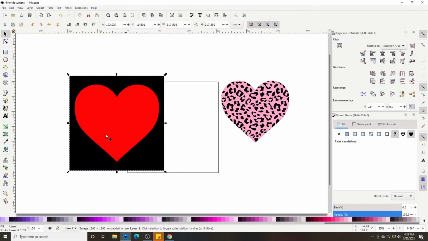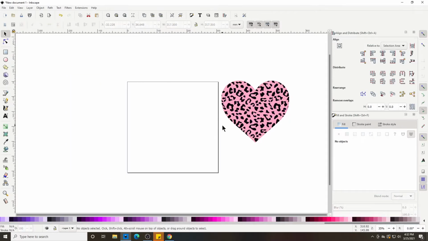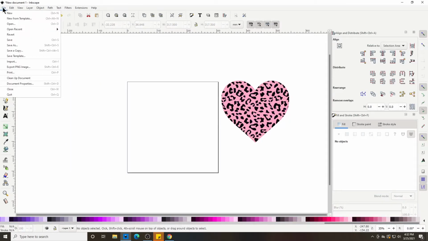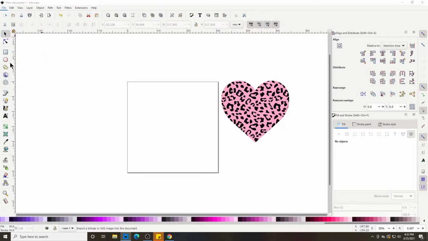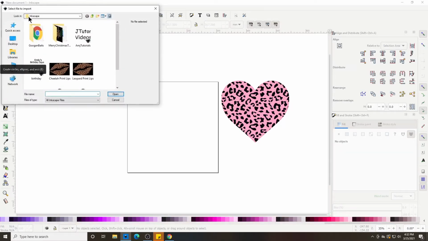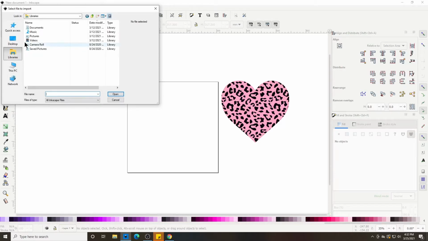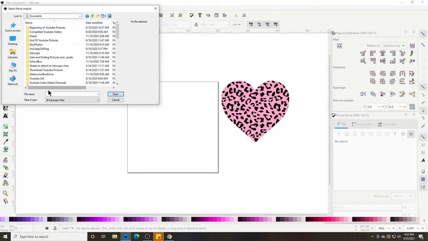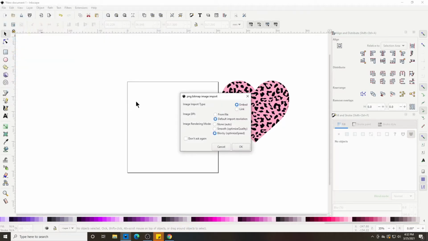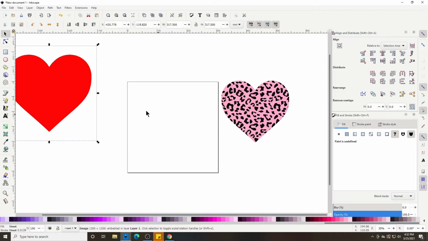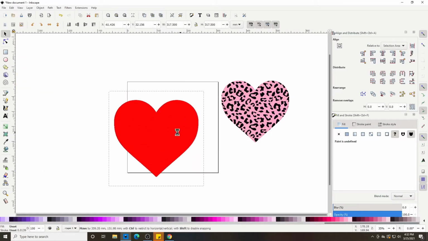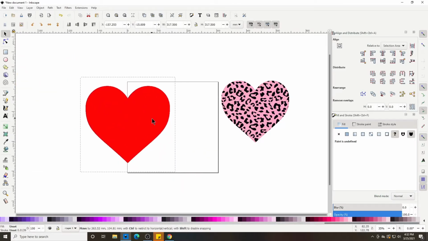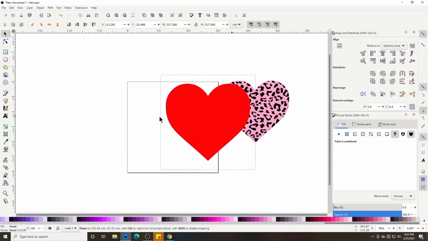So let's go into Inkscape, and we're going to go to File and Import, and you can see that I'm in Inkscape right now, so I need to go to my documents, and then let's just search our file, heart. And then you're going to press OK, and it's going to bring in that heart with no background. See, you can see the behind there. Alright,